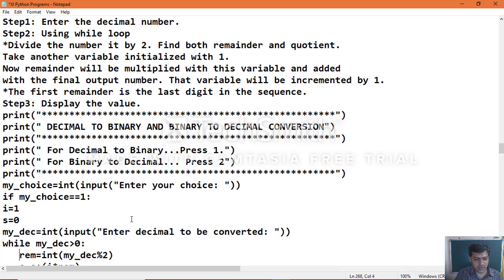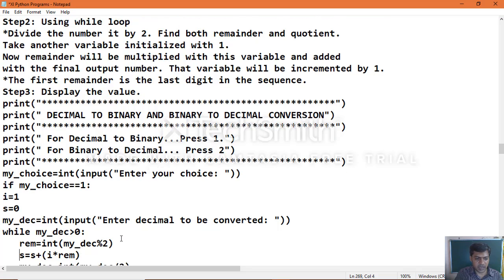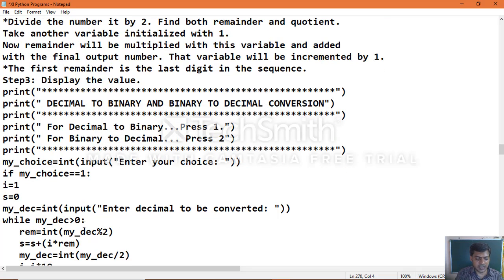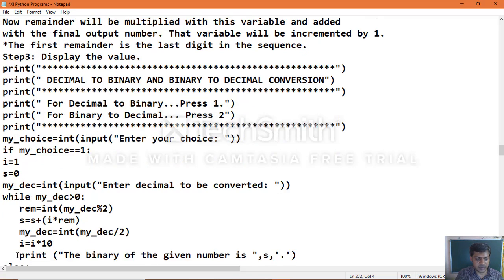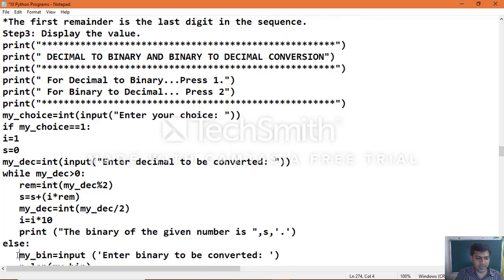While my decimal is greater than 0, remainder equals my decimal modulus 2, s equals s plus i into remainder, storing the digits, and my decimal equals int of my decimal divided by 2, i equals i into 10.